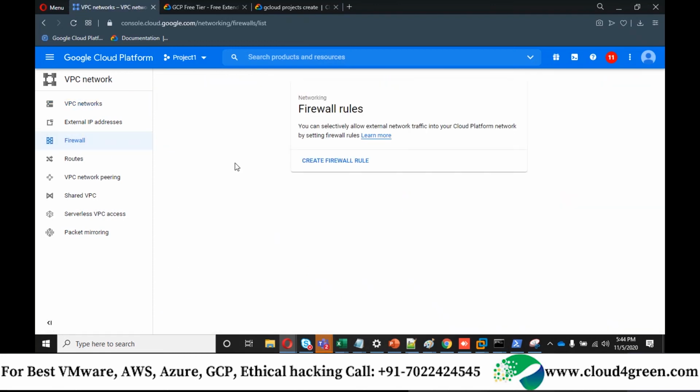Yeah, have a look into this. When you create a custom VPC, there won't be any firewall rules, which means no connection is allowed by default to anyone. So you have to create a firewall rule so that it will allow your traffic within a network. So the second thing we're gonna do here is configuring a firewall.